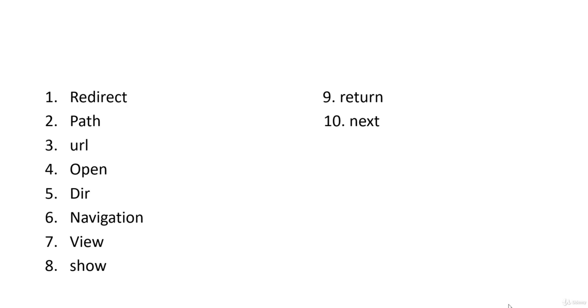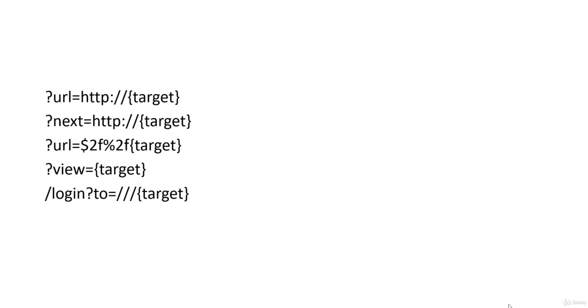We'll just see some of these parameters, which are basically GET parameters, and these parameters are really important because they are the primary parameters that will give us URL redirection. So here are quick examples. You'll have any URL over here, and there will be your URL parameter embedded in the original URL, and with this URL parameter you can now inject your target HTTP websites. You can have your HTTP website over here. This can be a malicious website that can contain the payload, or you can put any website over here.